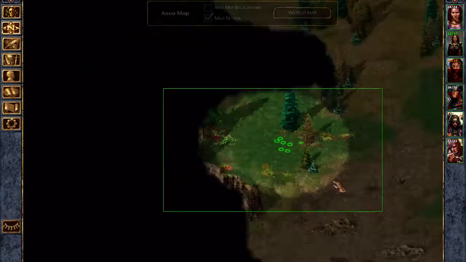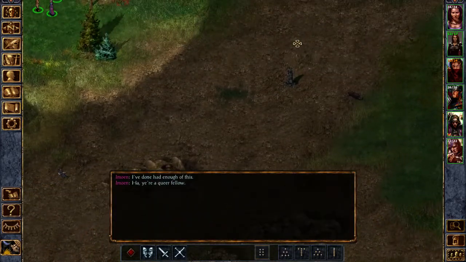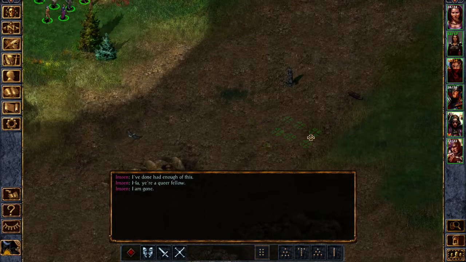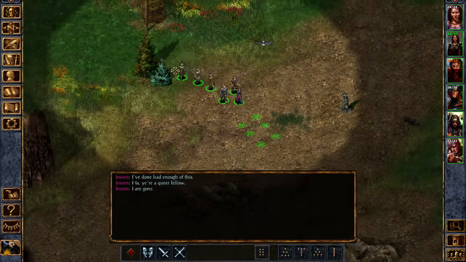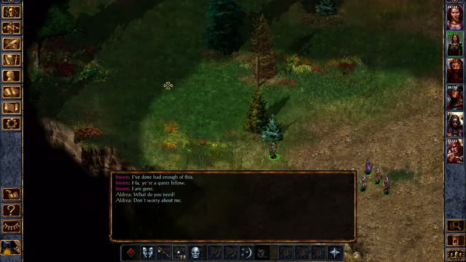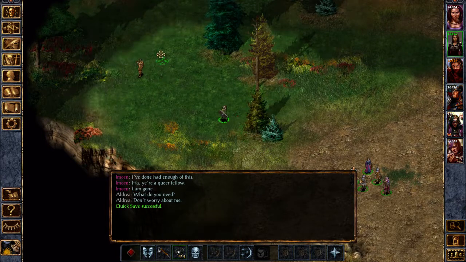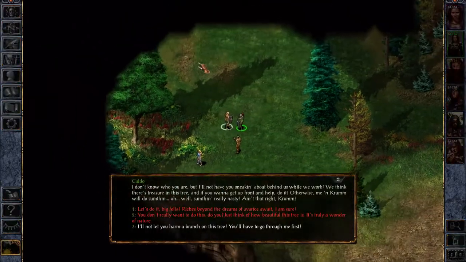Okay, I need to find a good place to kite them. I think this thing might work fine. Actually, you know what? I think these trees will work. So what we're gonna do is we're gonna save this. We're gonna talk to this guy. We're gonna pull him back, and